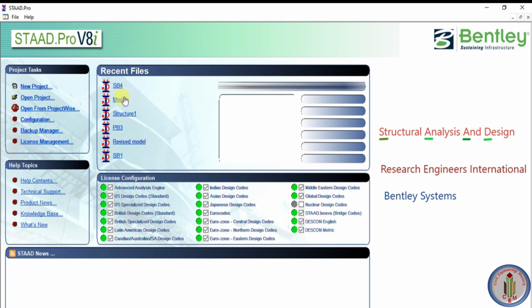And here there will be recent files whichever you have opened recently. So for example, if I select this one model, that structure will be displayed here, and if I select this structure, that displays here. So like this way you can utilize this main menu of the STAAD.Pro software.